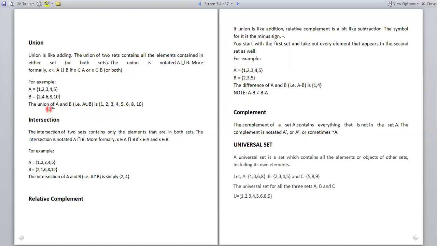That means when we apply the union operation on two different sets, the resultant set contains the elements which belong to A or belong to B or belong to both.